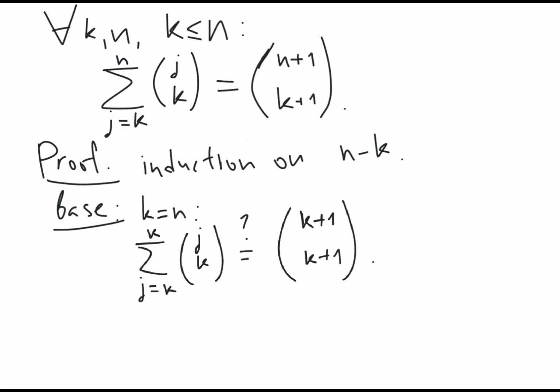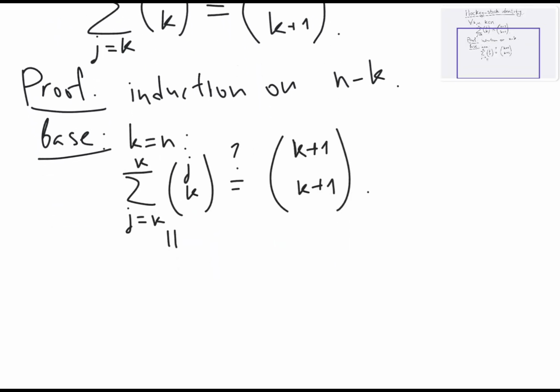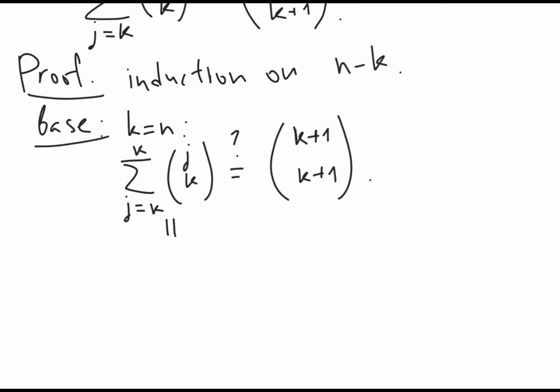So this sum has only one term, and this term is the binomial coefficient (k choose k). Are the two equal? Well, yes, because both of them are equal to 1, simply by